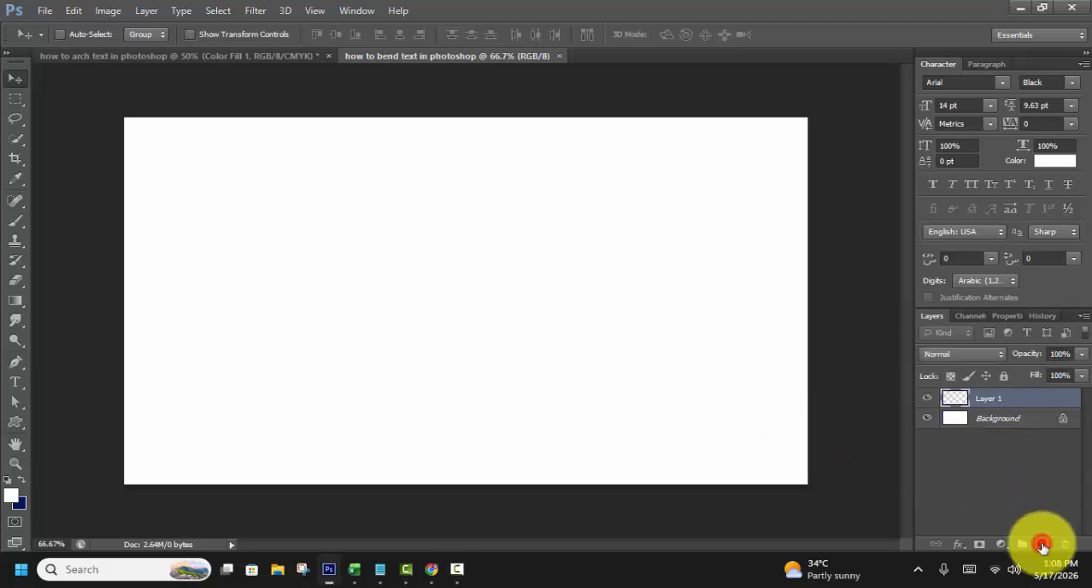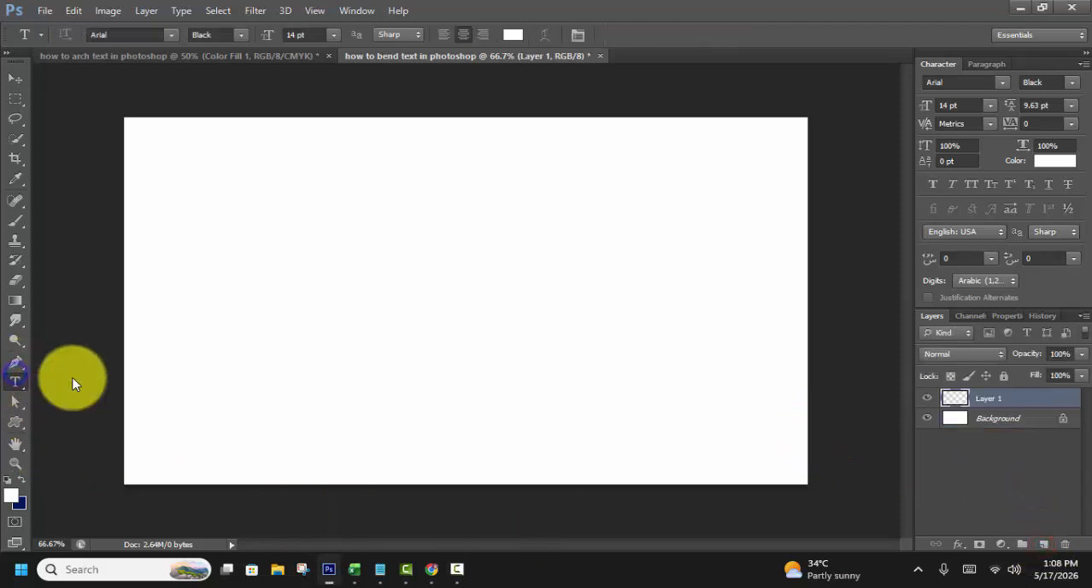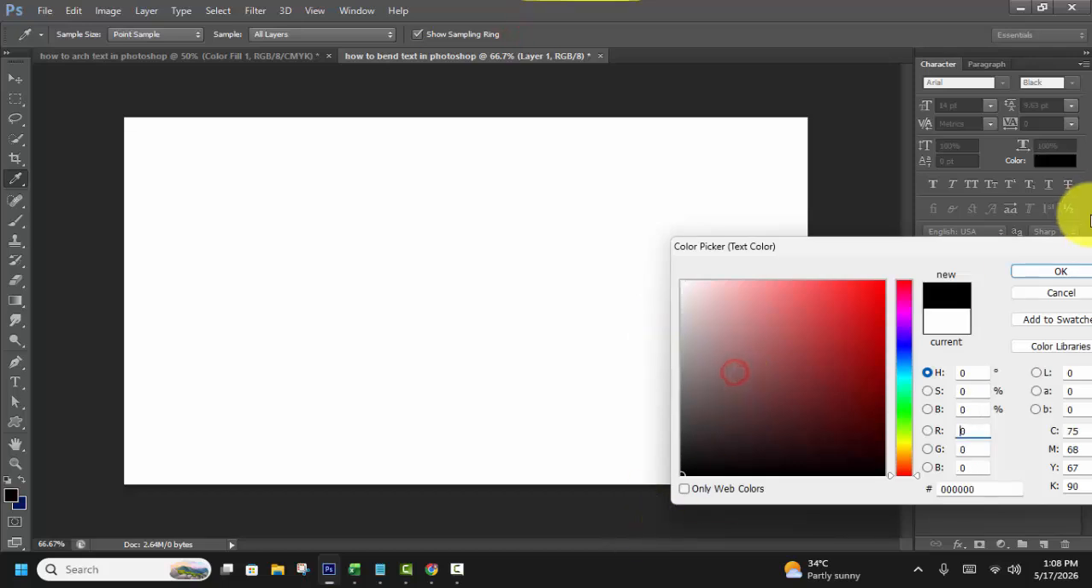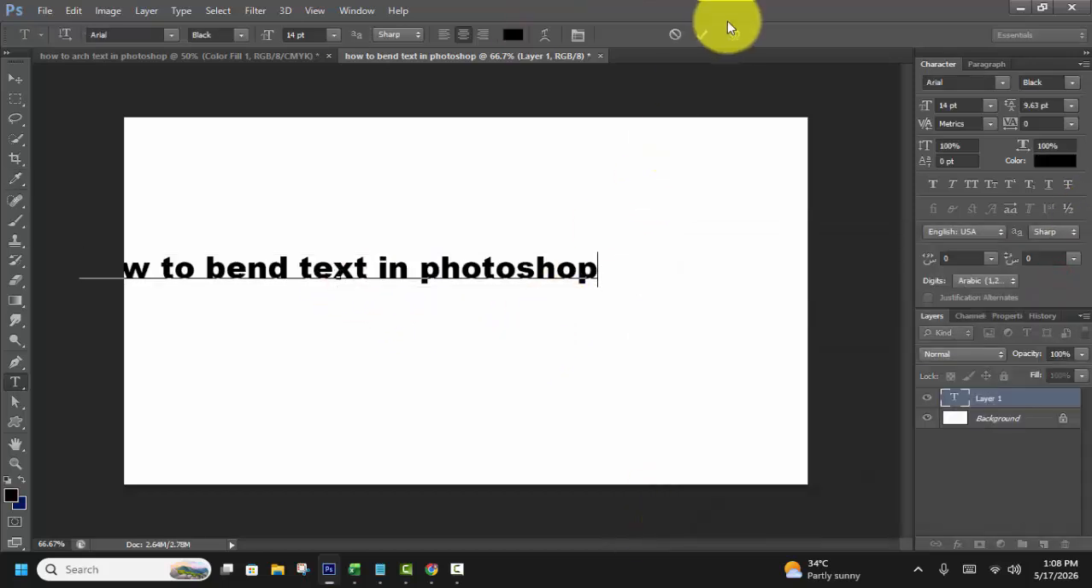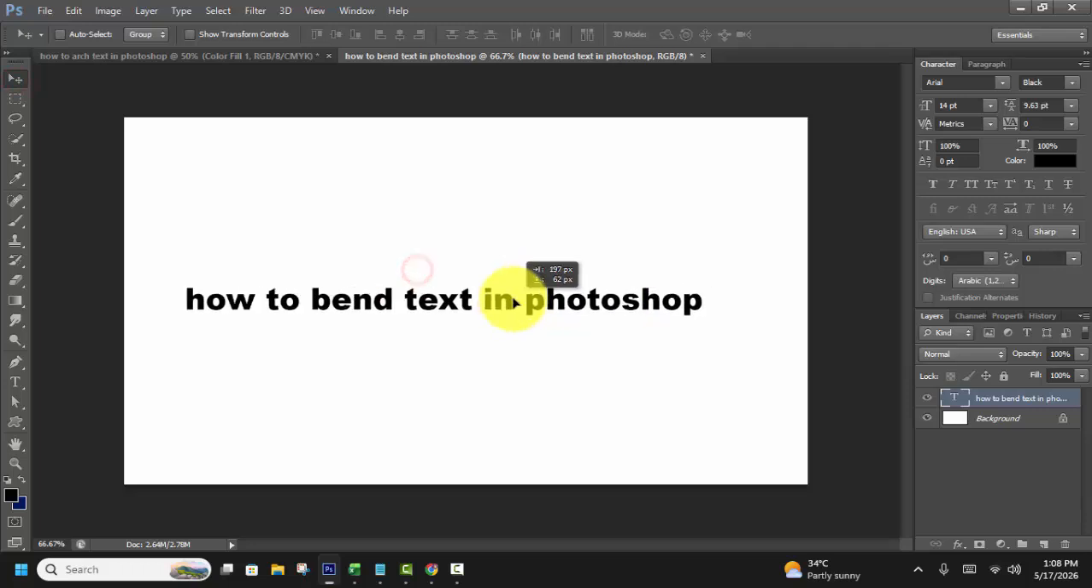So let's begin. First, create a new layer, type text or paste any text. Then